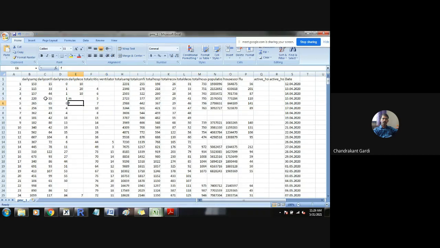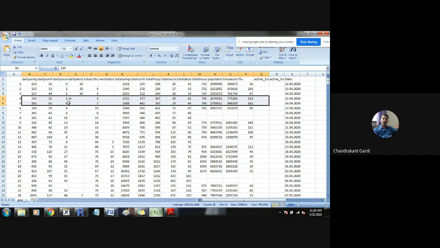Calculating differences between these two observations is very easy if this was not there, because for all other values, this minus this bracket square plus this minus this bracket square, up to this minus this bracket square, was quite an easy job. But now because of these categories, we cannot subtract m minus f, we cannot have this operation as m minus f.